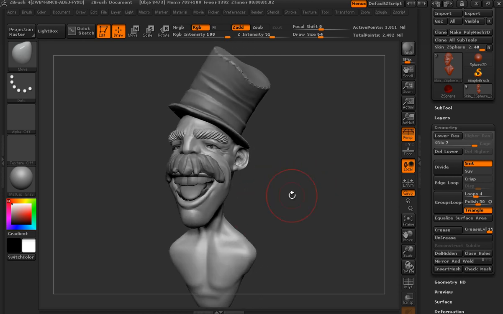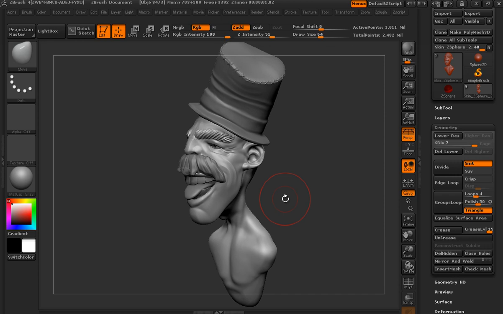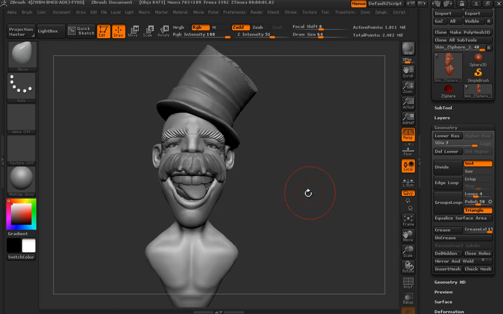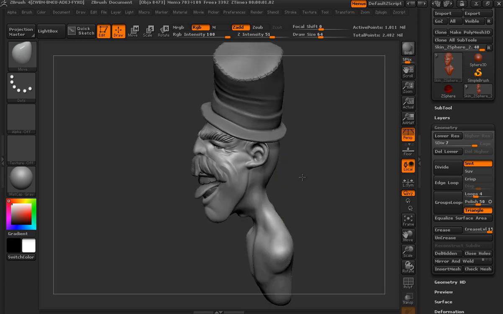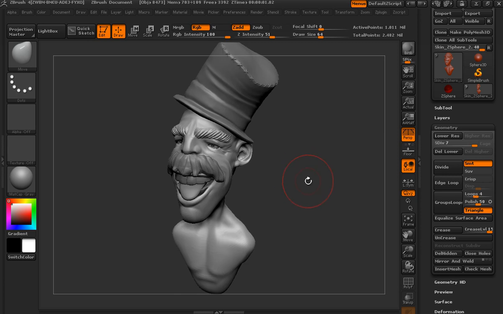But for organic stuff, and if you want it to look right, I'd suggest starting at the lowest and building yourself up, at least until you're at the position where you feel confident enough to go straight into like a 2 million polygon sphere or something like that to make whatever you're making. Well, anyway,